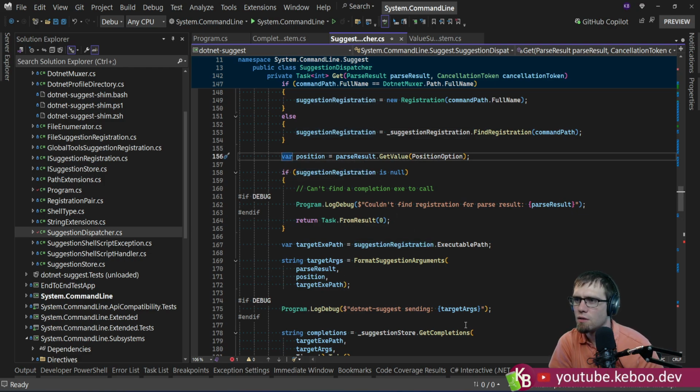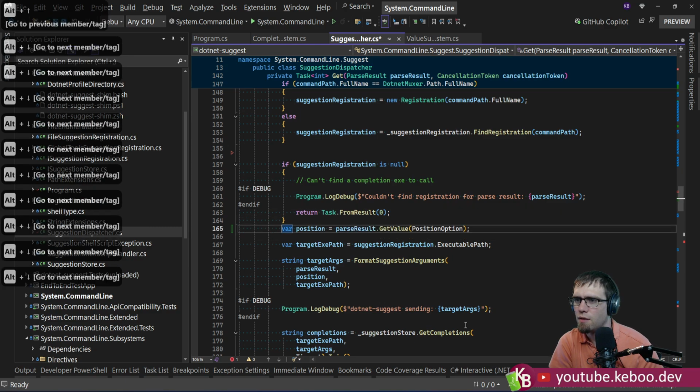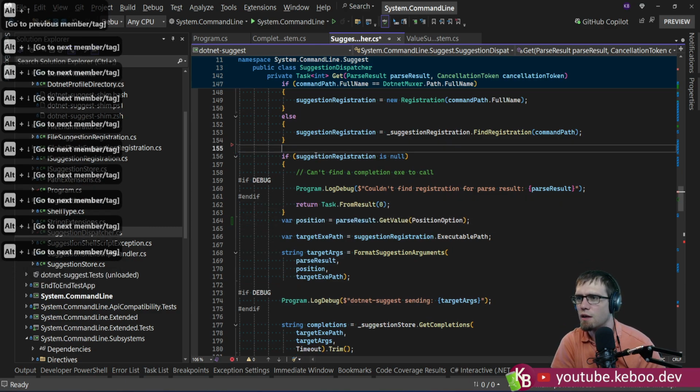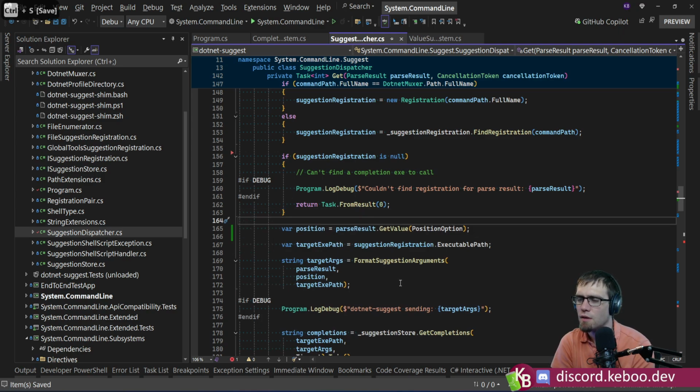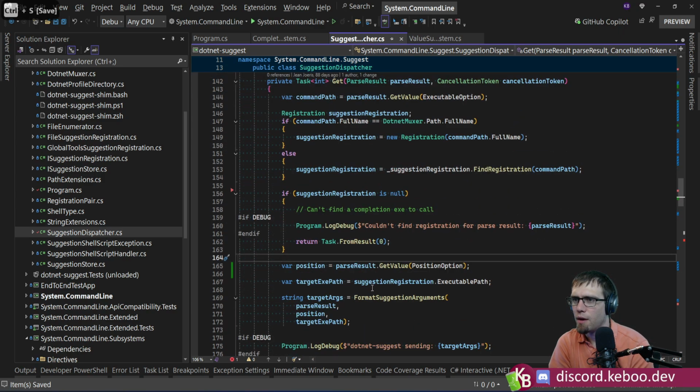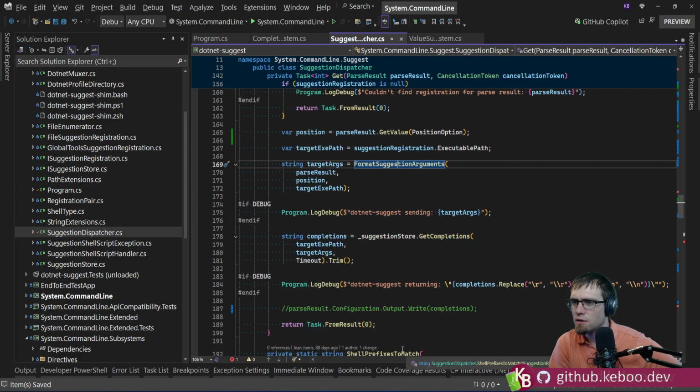This is wrong. We're gonna bail on null. We shouldn't get position until after we know we aren't about to bail. That's just weird to have that up above. Should do it down here. Pull the executable path, format suggestion arguments,